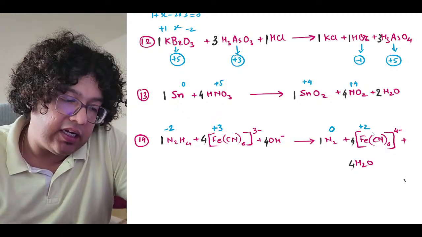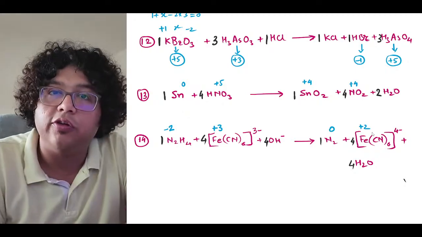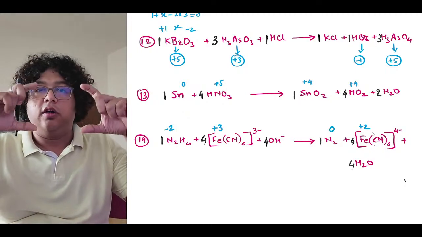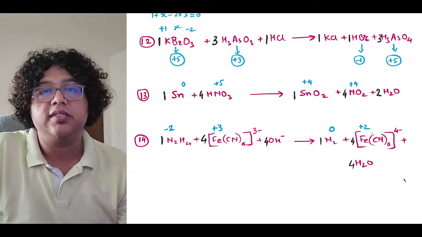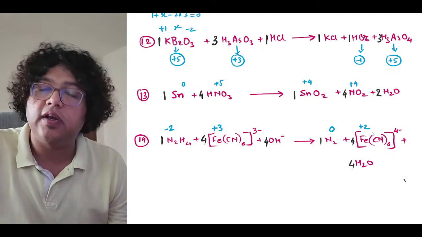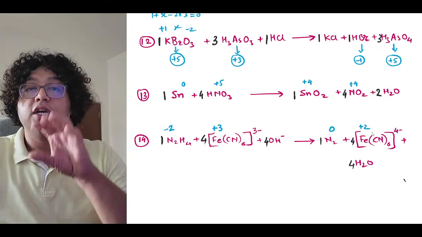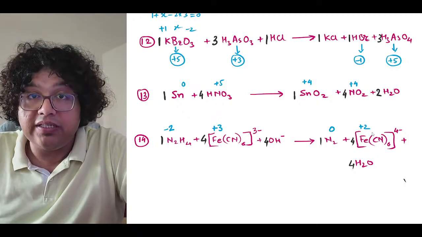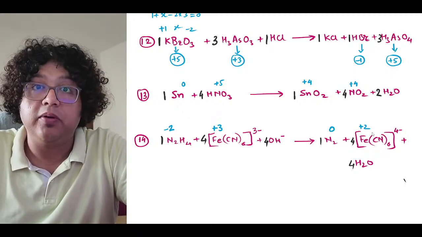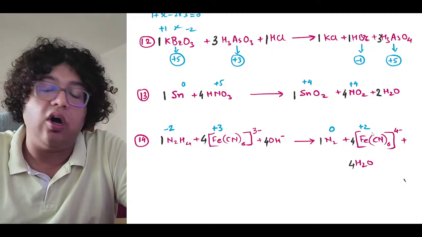Now when you are looking at this complex thing, it's definitely a complex molecule. That's why I put it in a square bracket. We will study these complex ions in the first chapter of inorganic chemistry of class 12, which is coordination compound. In coordination or complex compounds, we'll talk about how they are formed and their behavior. But as of now, all I need is the oxidation state.